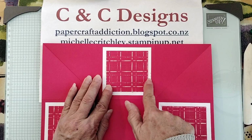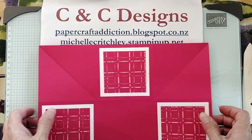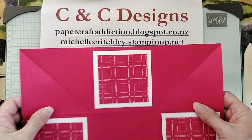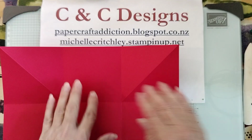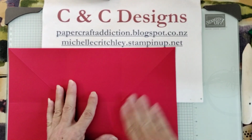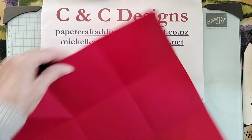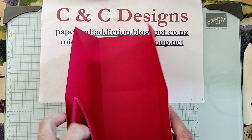See, look, I smeared a bit of red over here. There must have been a bit of glue sticking out because there's some red smeared there, but that's okay. So you can always turn it over and then just rub on the back to get it nice and pressed down. Then you might not have that smearing issue that I just had. So that's the box